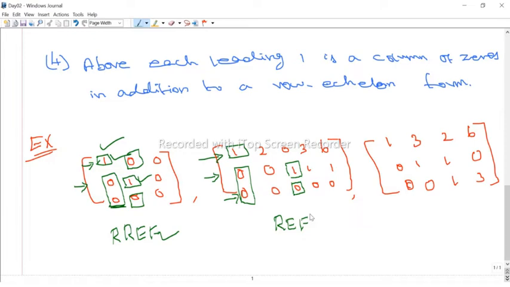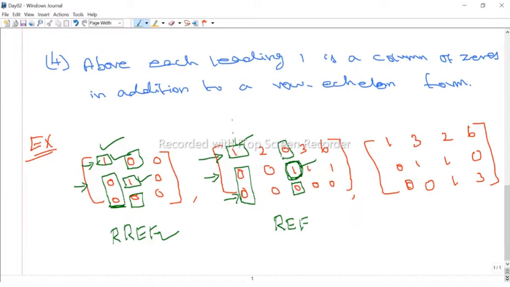That means what? Above the leading one should be 0. So we have only 2 leading ones, namely it appears in the first column and then the third column. Now we have to check that the entries above the leading entries in those columns are 0. If you take the first row, there is nothing above, therefore no need to check. But in the second row, this is the leading entry, and the entry above it in the column is 0. Yeah, we have 0 here.